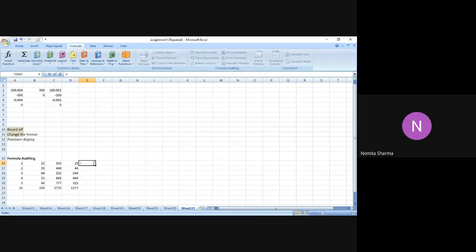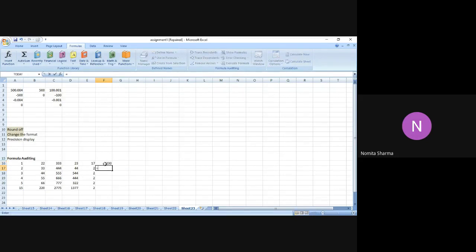Further, I use equal to, I say A21 plus 2, right? And in a similar manner, I will simply drag this down just to have numbers. Now I do the same thing with B21 plus 10.